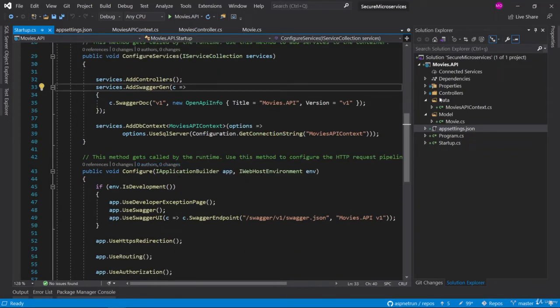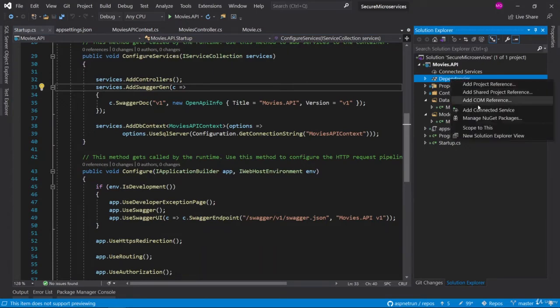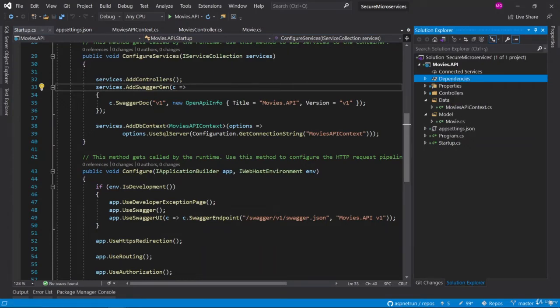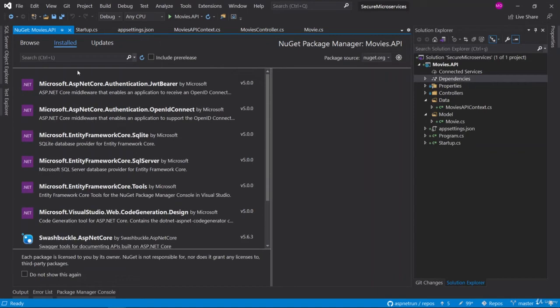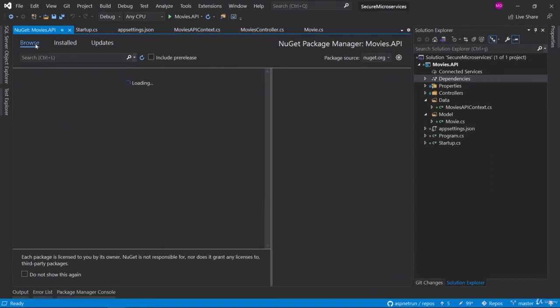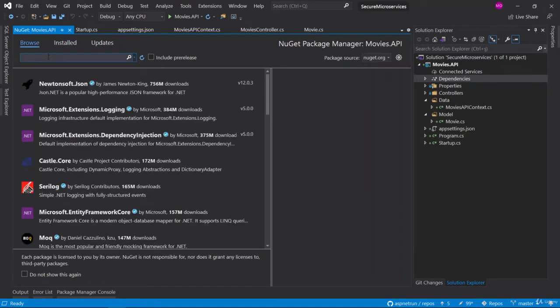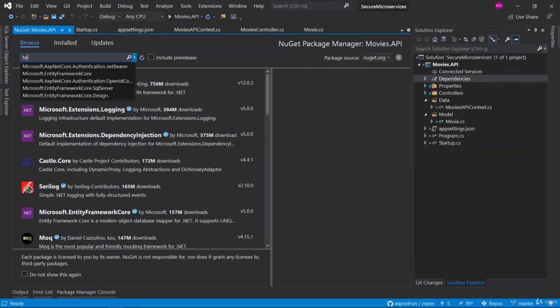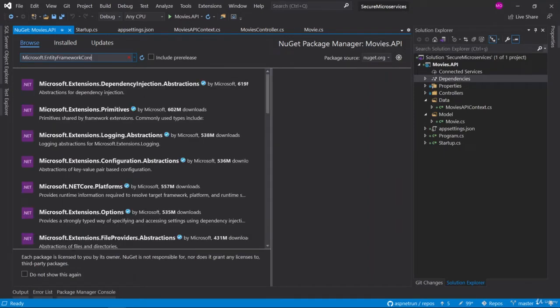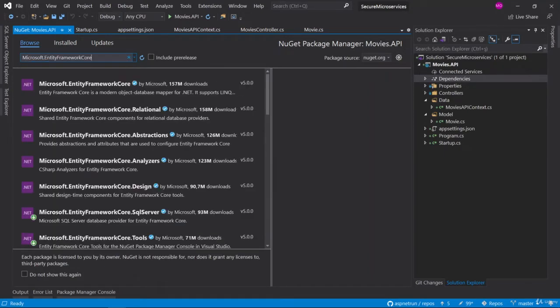Before that, let me add the NuGet package for in-memory operations. For that purpose, let me right-click the dependencies, open manage NuGet packages, and browse for Entity Framework Core, the Microsoft Entity Framework Core package, and pick the in-memory one.